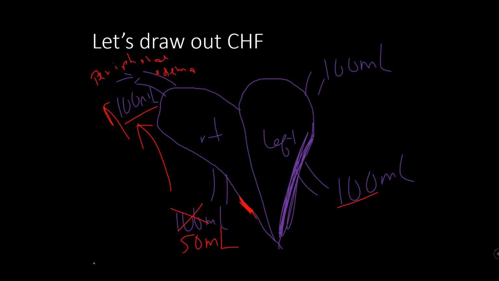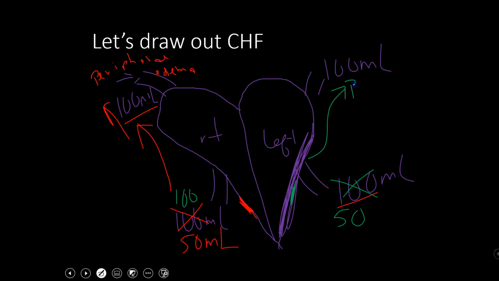Okay, now let's say that instead of having a heart attack on the right side, the person's had a heart attack on the left side. So the right side is still pumping 100 mils. We've got 100 mils trying to come into the left side, but now because of the damage on the left side, it is not pumping the blood like it's supposed to. So now we're going to be backing blood up into the pulmonary veins that were draining blood from the lungs, which means now we have pulmonary congestion,